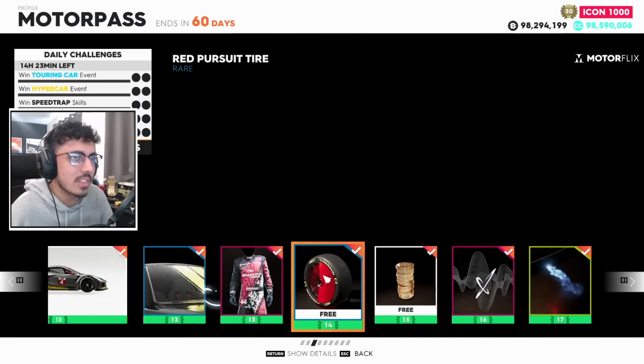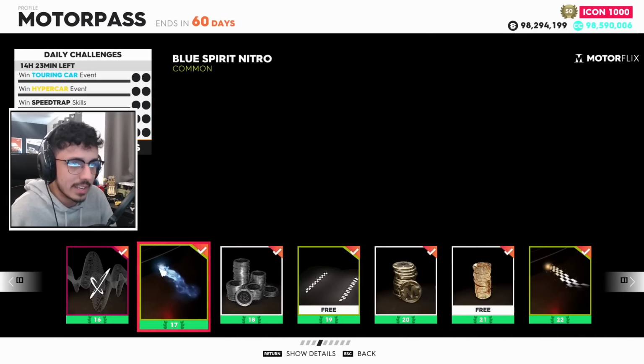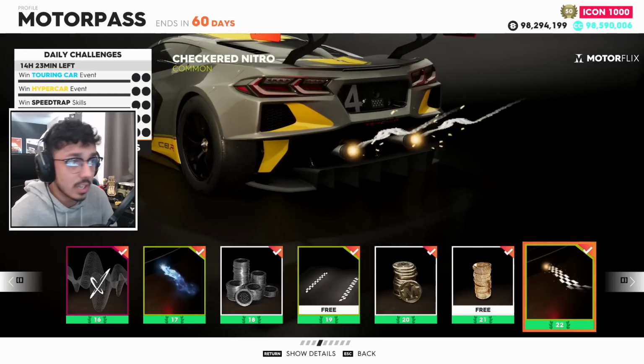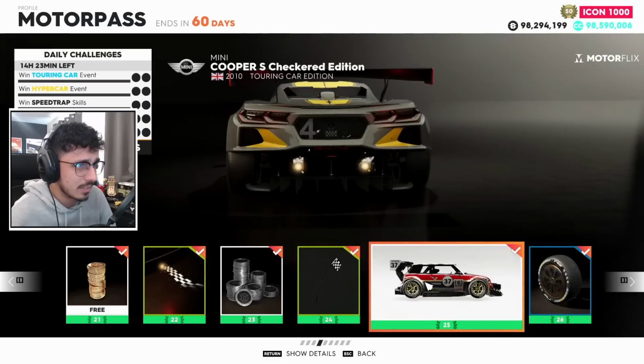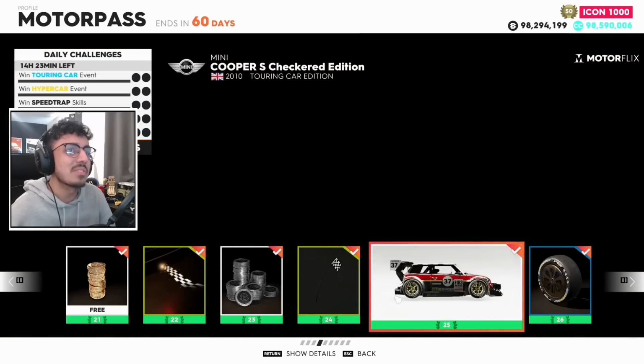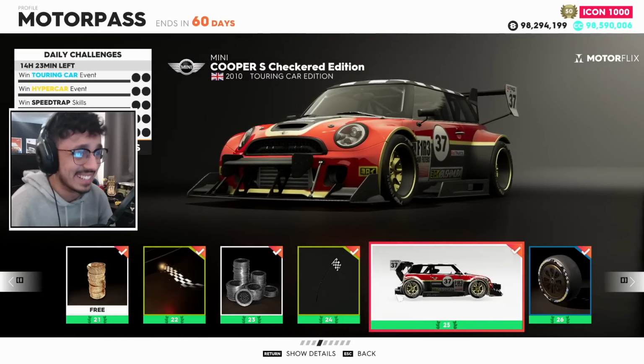Okay. Then again, we've got another split one with the Red Pursuit tire. Red split. The kind of blue spirit that looks like it could have already been in the game, honestly. That looks kind of cool. I assume the angle is kind of unfortunate there. Oh, there we go. The checkered rooftop. And then we have the Coupe S Checkered Edition. The thick...